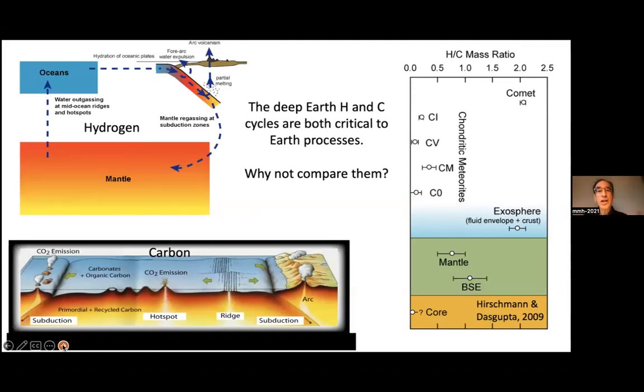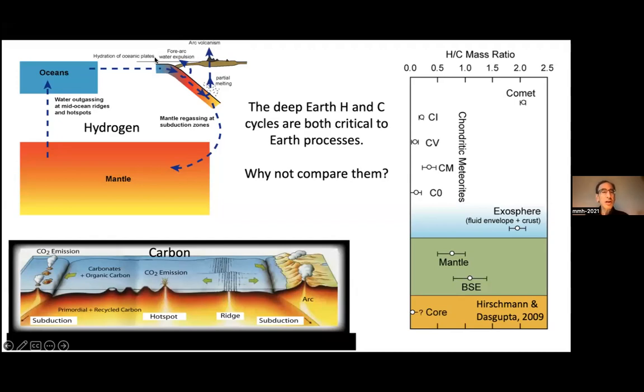A number of years ago, in looking at what was known as the deep earth water cycle and the deep earth carbon cycle, which were two different aspects of my research, it occurred to me that we should compare them. There's a joke that I sometimes tell about this, which is that if a geochemist doesn't understand something, well, they're kind of stuck. But if they're in luck not to understand two things, they can make a ratio, and that is how geochemists solve problems. And so in the paper from, I guess, 14 years ago, 2009, we compared the inventories of hydrogen and carbon in Earth as compared to several other reservoirs.